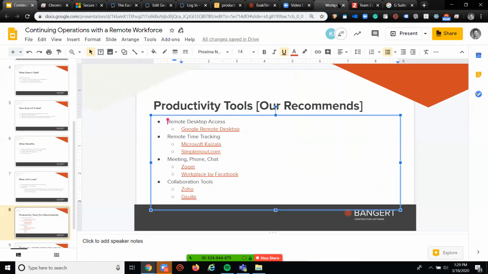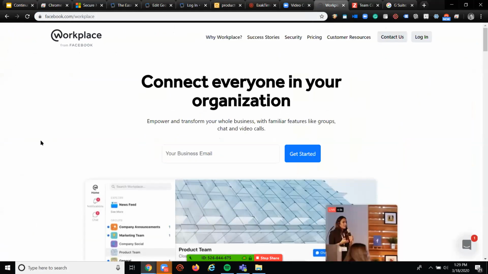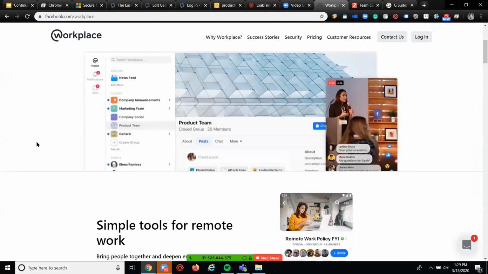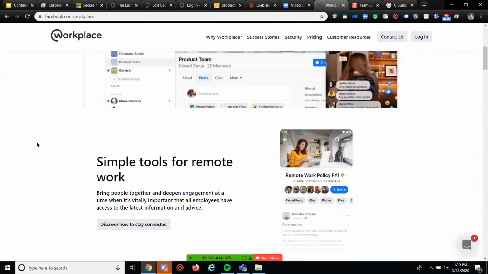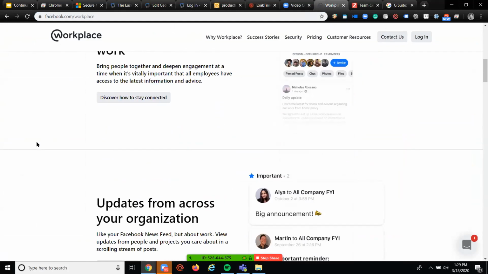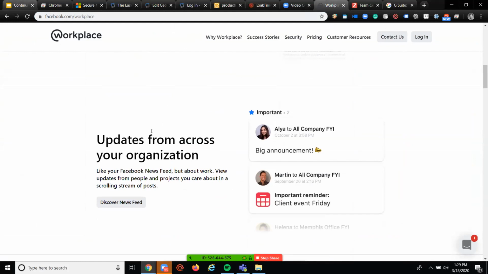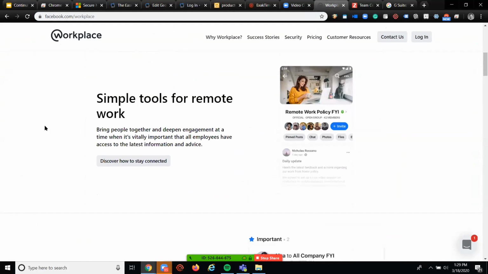And then you also have things like Workplace for Facebook. We don't utilize it in-house. We did a couple of years ago. But again, if you've got a lot of folks who are on Facebook, it's a very familiar UI to folks, and easy to set up remote sessions and conferences and things like that that are interactive in a multi-communication environment.